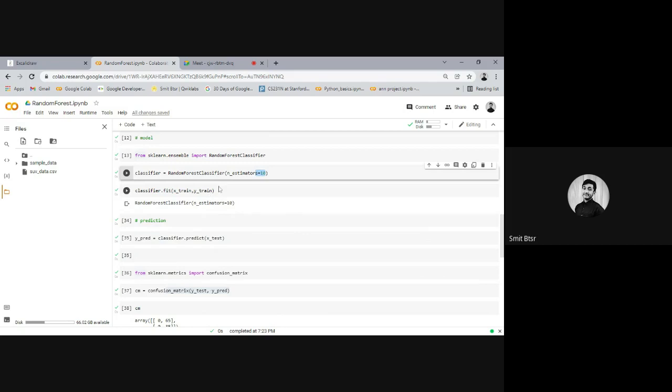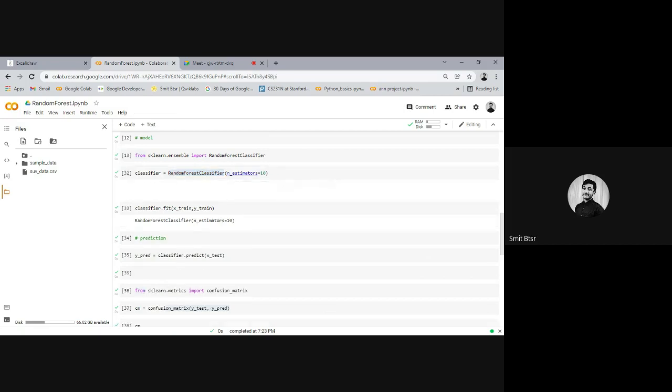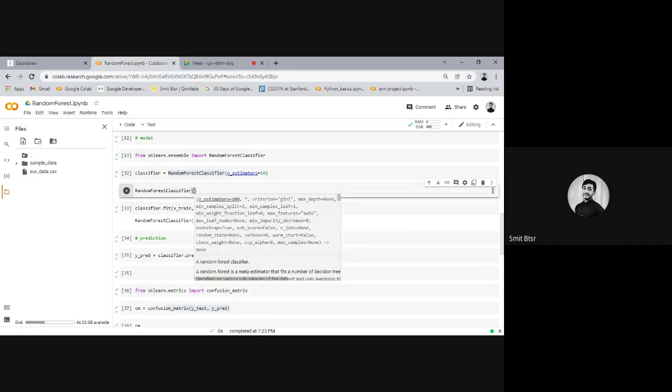Random forest. As you learn different models, there will be different attributes, and the details will be there when we use those. If you just write random forest now, it will show what attributes we can provide to it. You can also learn it from here, just by reading. You can see here, these are all the list of attributes which we can use.